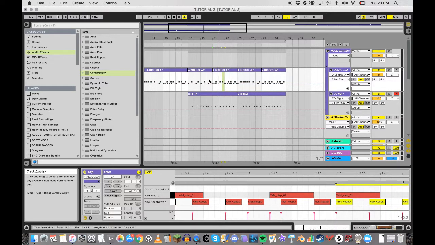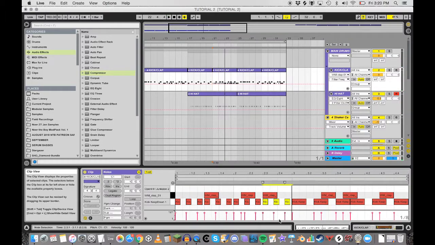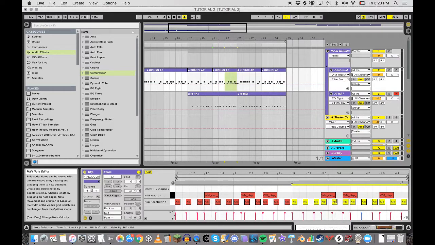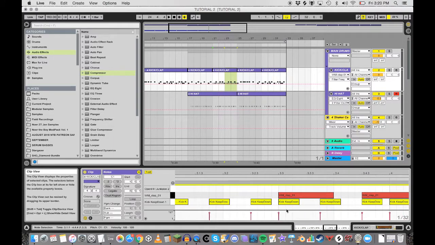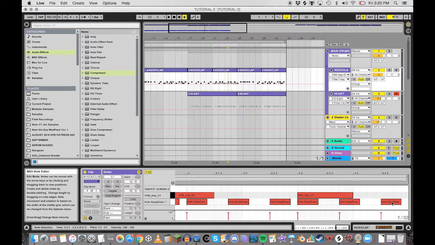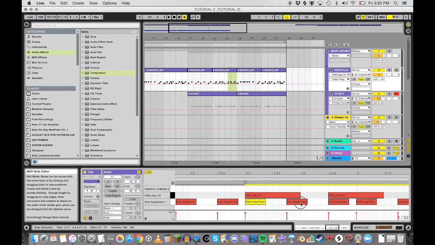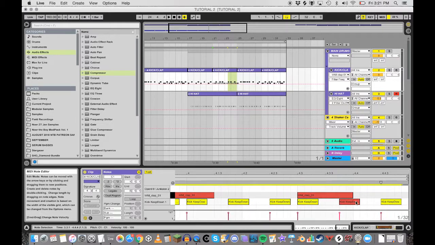So now if you hear it, and that sounds pretty cool. So let's add that into the second half of the section right here. And instead of having the triplets start over on the downbeat, let's continue the triplets going out here